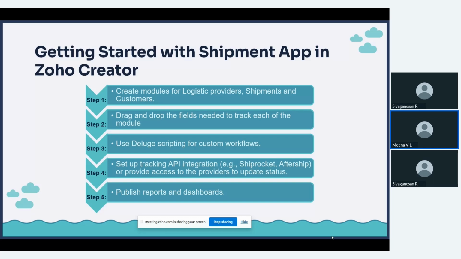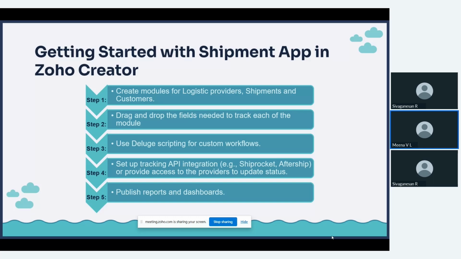So to start with, how do we build this application using Zoho Creator? We have a live demo where I will show you all these steps one by one. First of all, you will build all the modules that are required for your logistics business. To track the logistics business, you need the modules. Basically, it starts with your logistic providers, the shipment orders that you're having, and the customers to whom you're going to ship this product. All these kinds of modules you can have, and the basic drag and drop builder helps you pull out the fields that are needed to track in each module. What are all the fields that you want to track in each module, you can easily pull out and put in the forms.